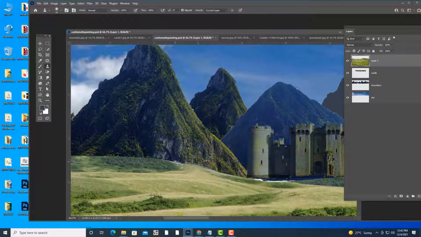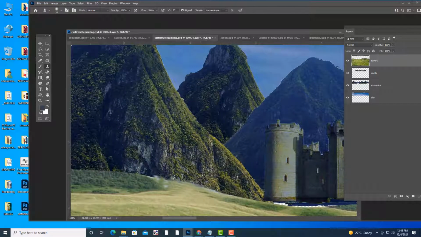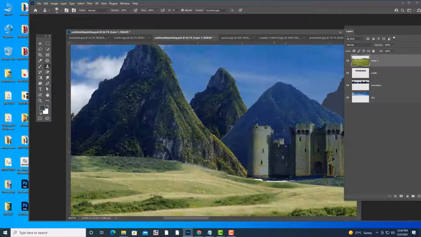We want to remove that blue color, okay? For that blue color we can use the clone stamp. Here also we can use it.